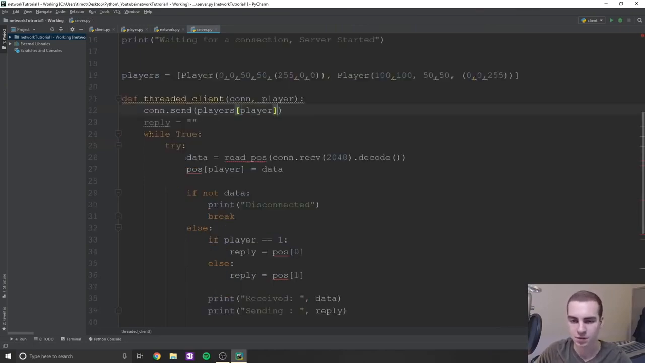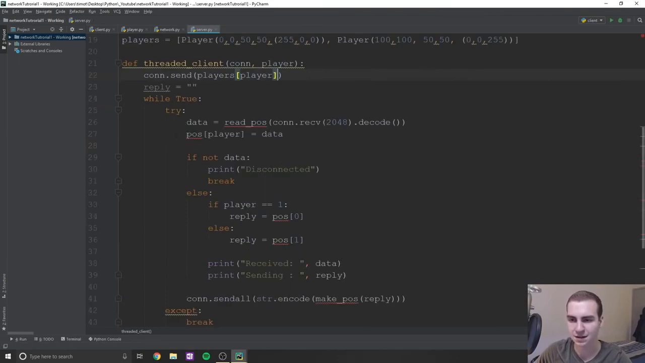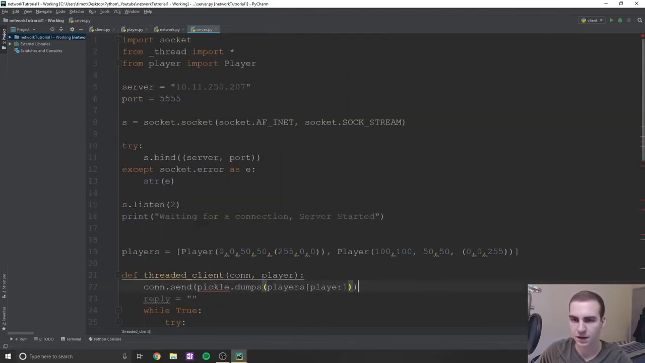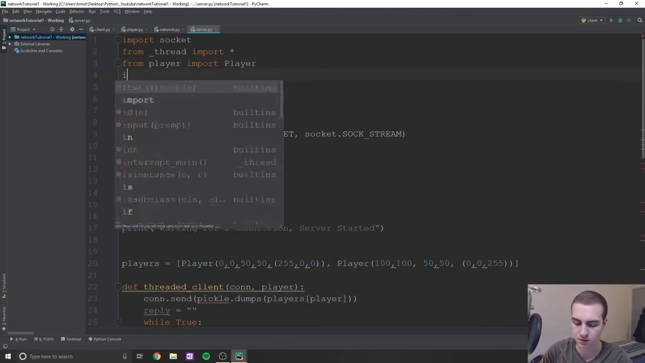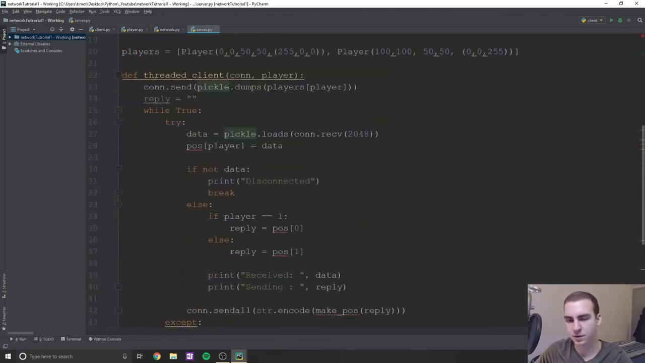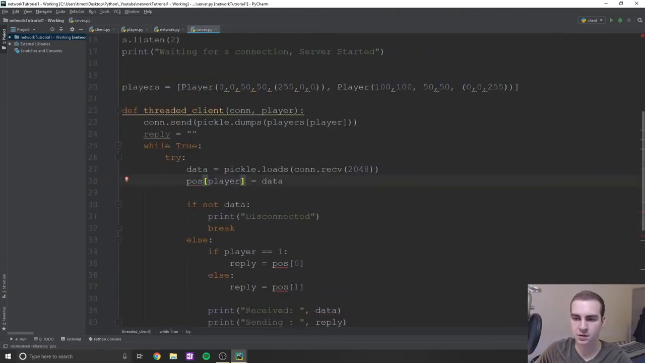Okay. So next, what we'll do is instead of saying data equals read pause and decoding, we're going to get rid of this .decode and we're going to put pickle.loads. And actually, when I'm sending this player object, my bad here, guys, we've got to do pickle.dumps. And then we're just going to have to import pickle up here. So import pickle. All right, sweet. Okay, so pickle.loads, pickle.dumps, and then it's obviously instead of pause player equals data, we're going to say player